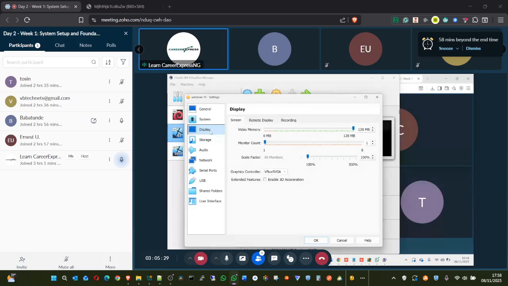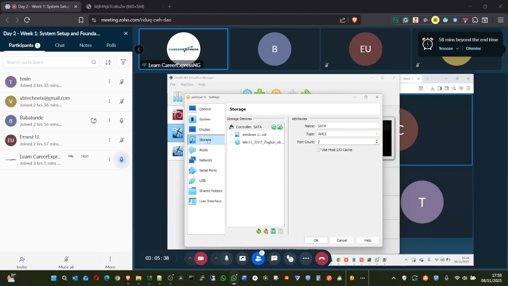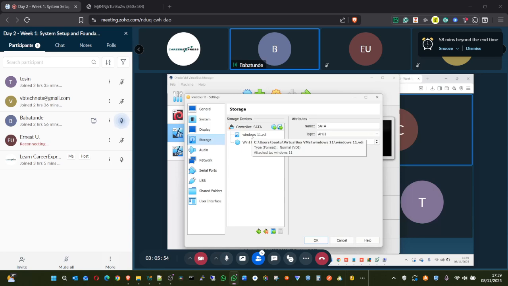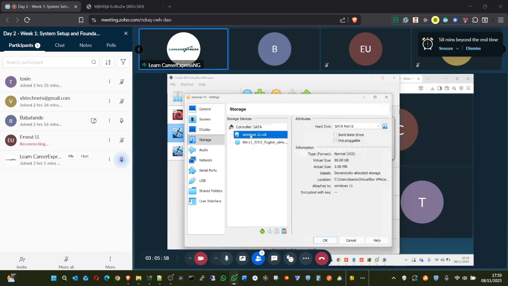Okay. Go to storage. Click on Windows 11 H2, this one. Yes, Windows 11. No, the second one.